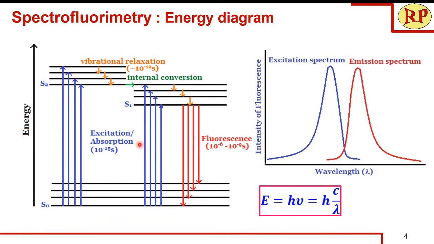But one thing to observe here is the energy gap during the excitation is larger compared to the fluorescence, that is during emission. So when the energy is less, the wavelength is more, because energy is inversely proportional to the wavelength. So always the lambda max of the emission spectrum is at a longer wavelength compared to the lambda max of the excitation spectrum. And because we have so many transitions taking place to different vibrational levels, we are getting this in the form of a band, both emission and excitation spectrum. We are not getting a single peak or single line.